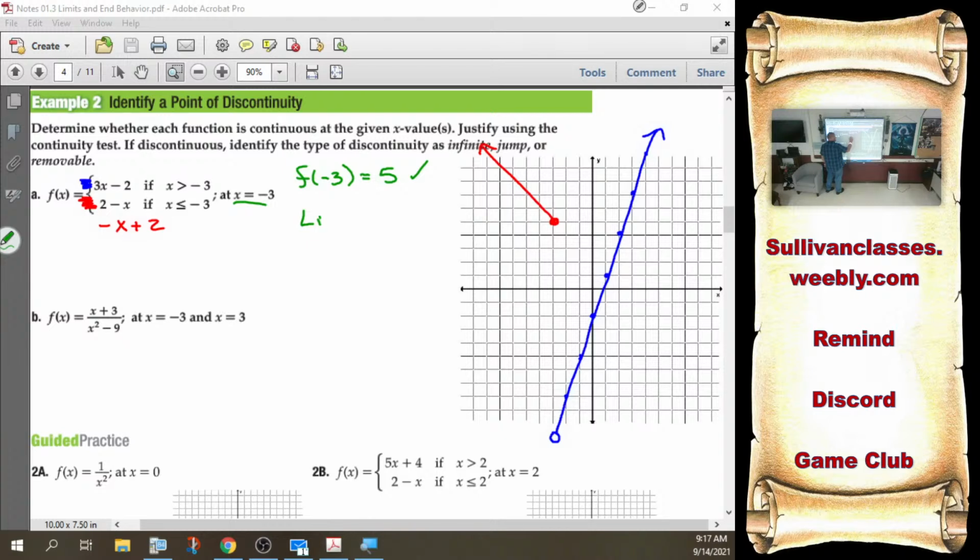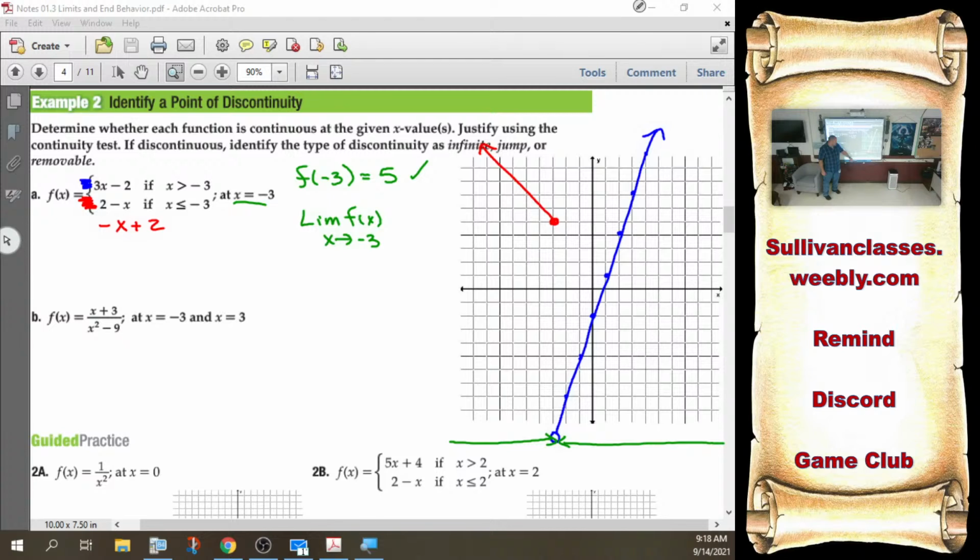Then, limit of my function as x gets really close to -3. So come at -3 from both sides. As I come at -3 from here and here, are they going to the same spot? Not even close. One's going to 5, the other is going to, looks like -11. Those are not the same thing. So since they're not headed to the same place, the limit does not exist. There.